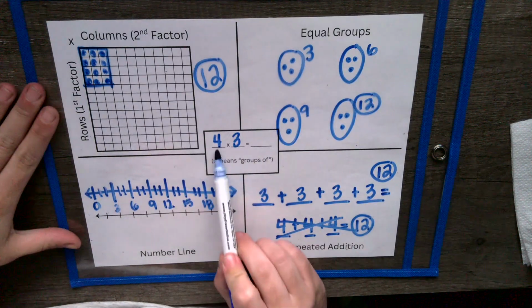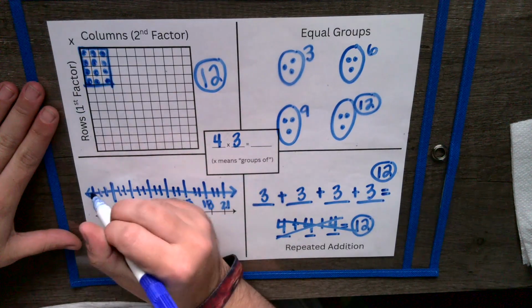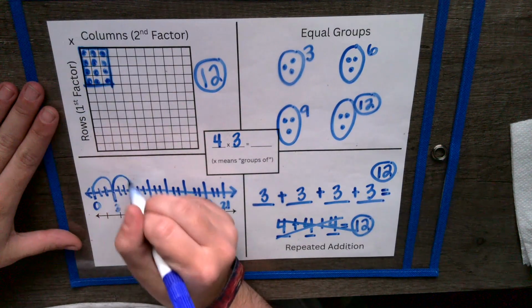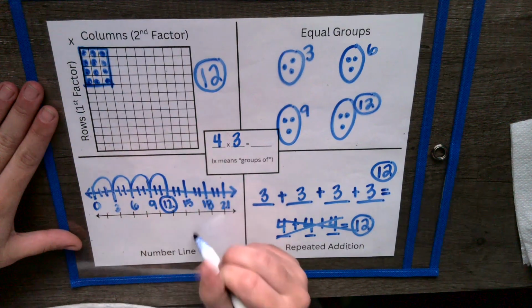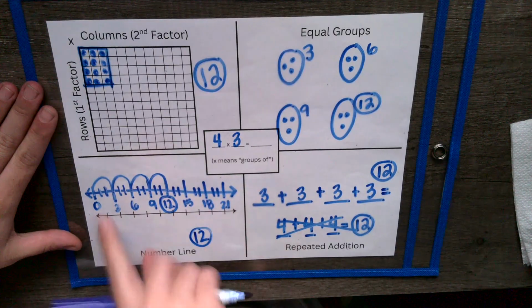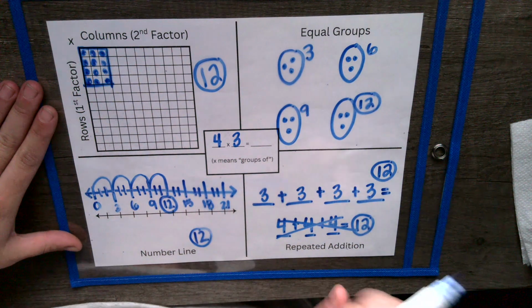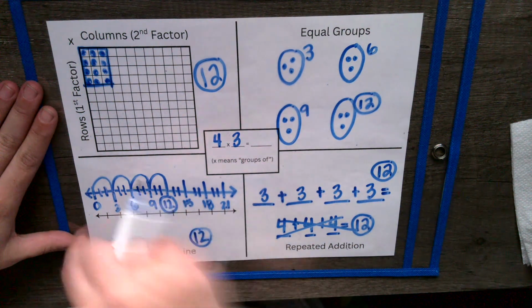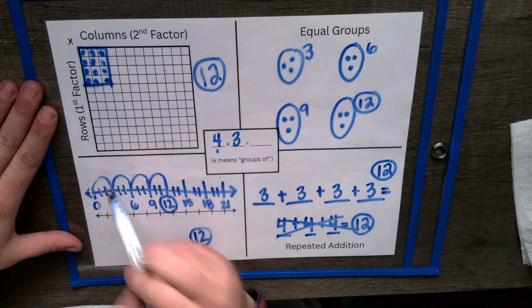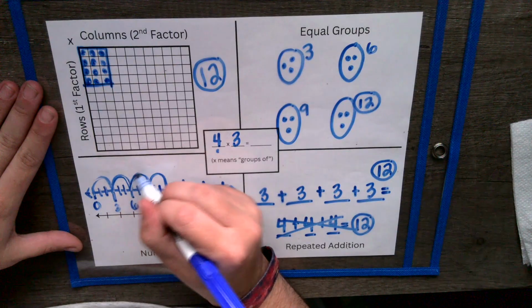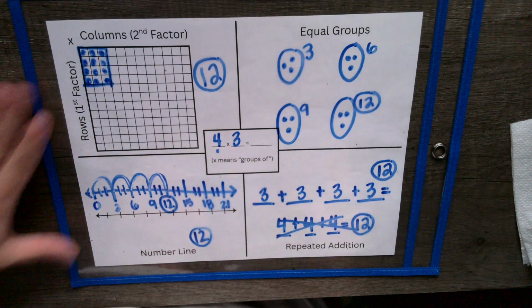So now I need 4 groups of 3s. So I'm going to do 4 jumps. 1, 2, 3, 4. Which again shows me 12. When I drew my third line a little bit larger, it helped me to understand how many jumps I needed and where they needed to go. So this is 4 groups of 3. I needed 4 jumps of 3, and I could just jump between those larger lines. So hopefully these strategies